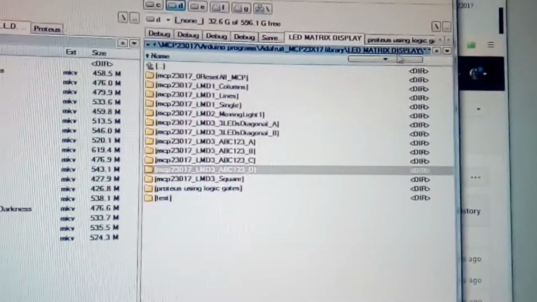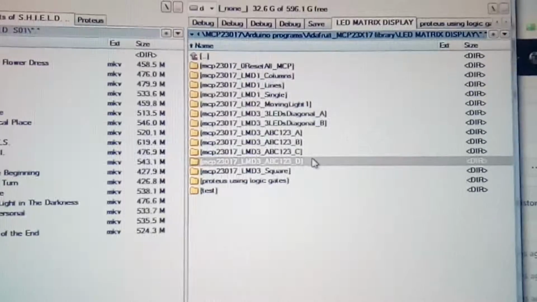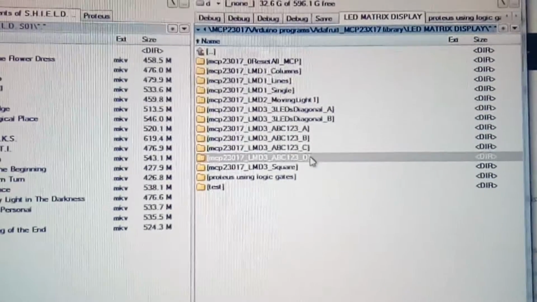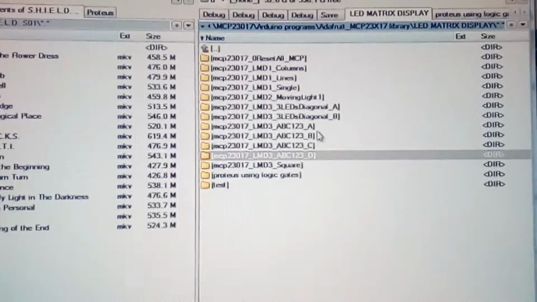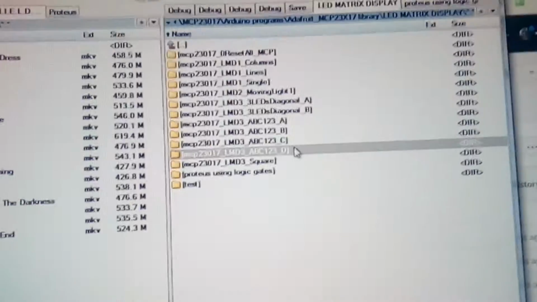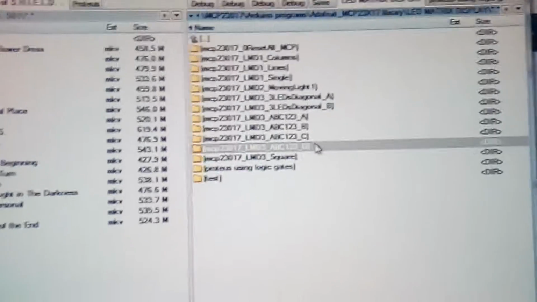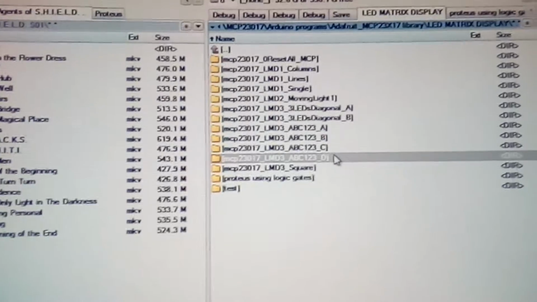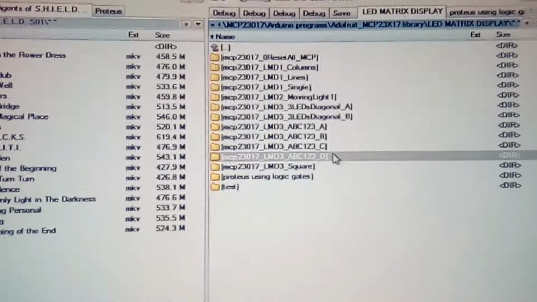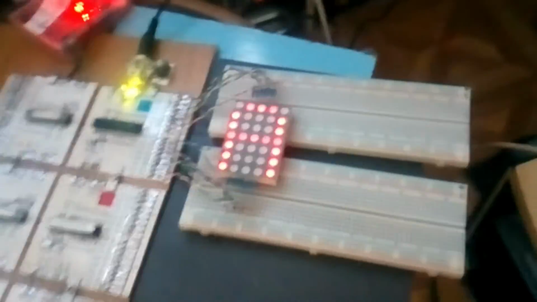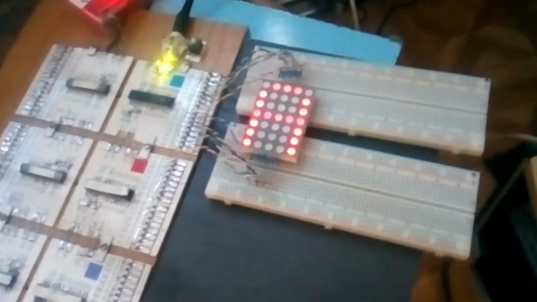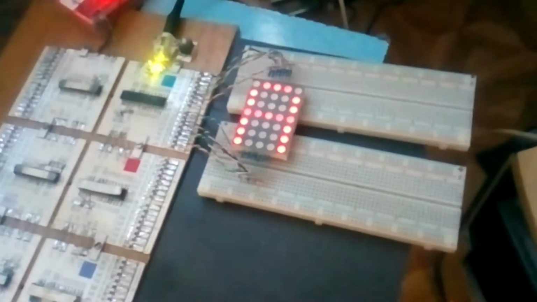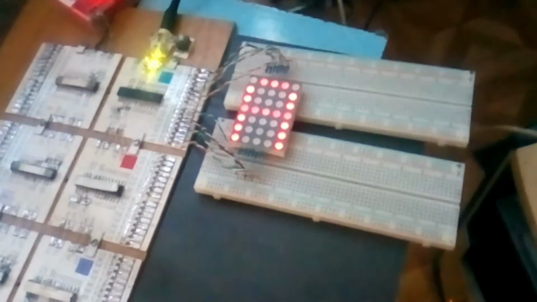LED matrix display, showing letter A only, but these are versions A, B, C, D. I know it's a bit confusing, but I should have put version 1. All that I really wanted was to improve the speed of displaying the character. In the end, it was a matter of code optimization, proper use of library functions, and the